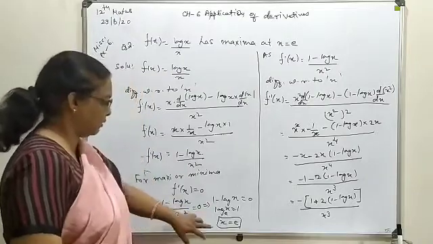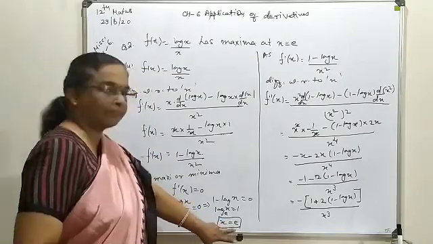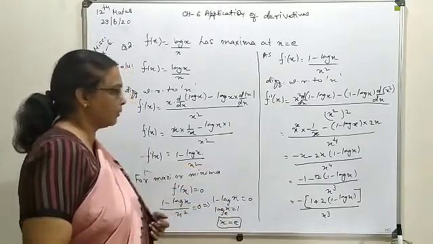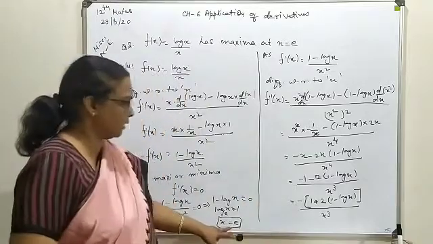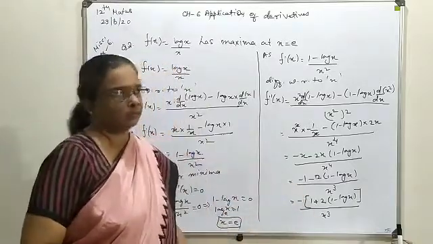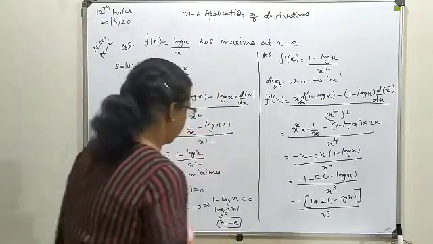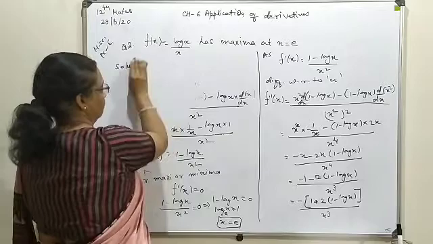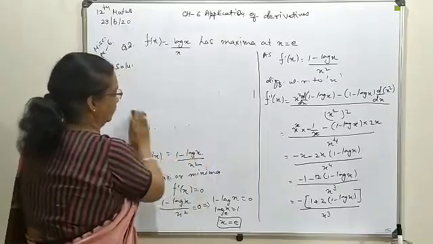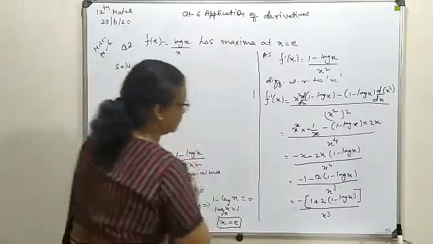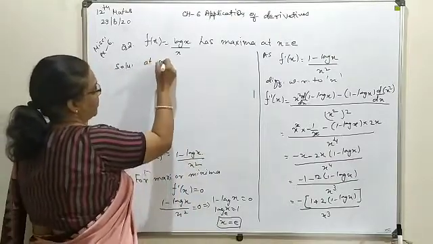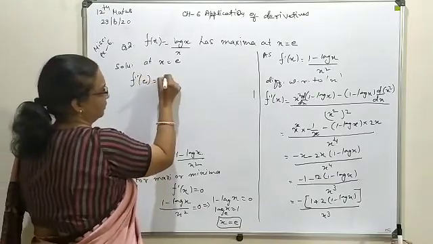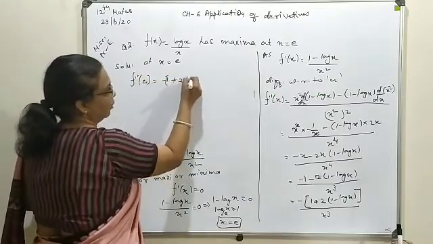Now it is to be sorted out at x is equal to e. Now here you see 1 minus log of x you are getting as 0, and this x you can substitute as e. So finally it will turn into a negative quantity. So go for substitution over here, x as e. So here you can say at x is equal to e, your f dash e will turn to minus 1 plus this whole expression value